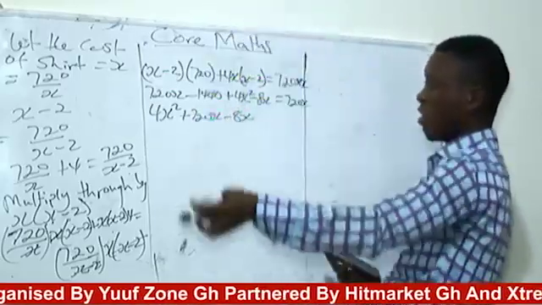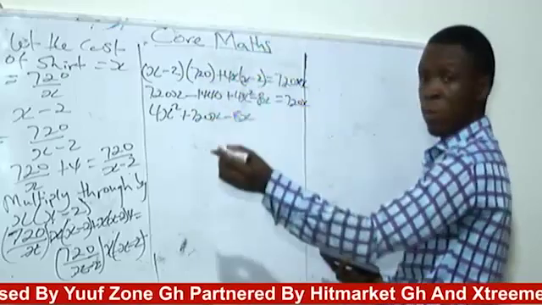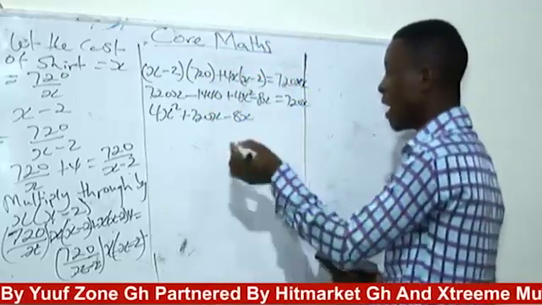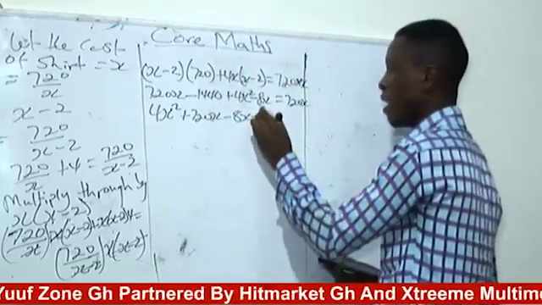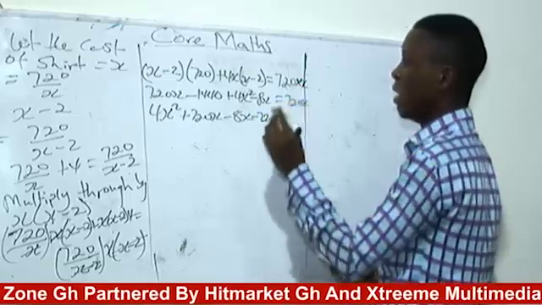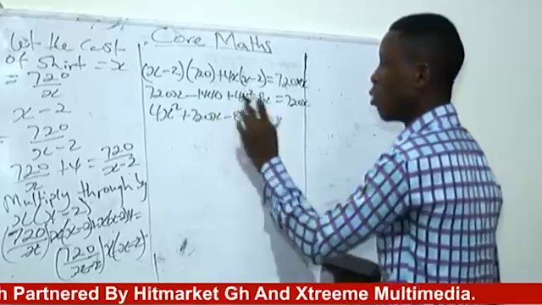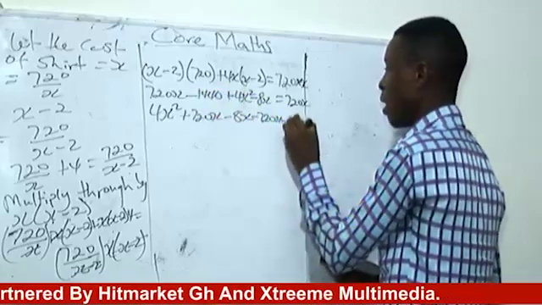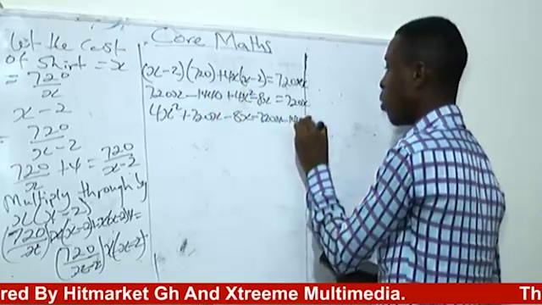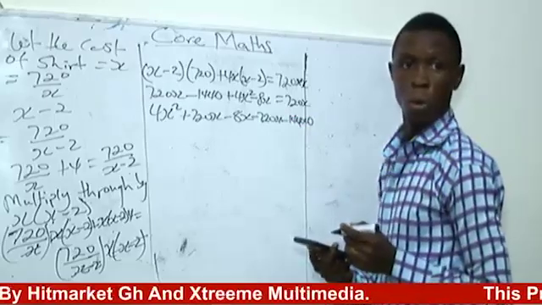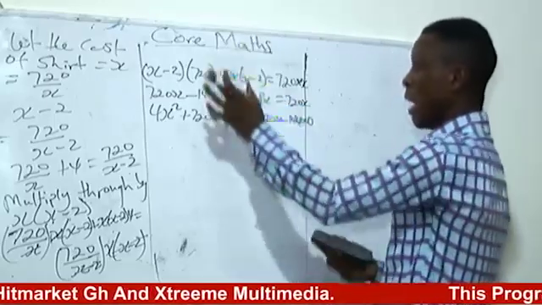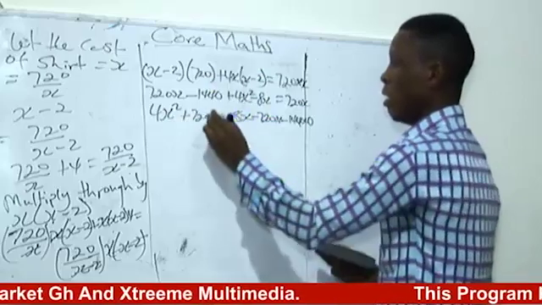Then this one is crossing. It is plus, when it crosses, it becomes negative because it's positive here. So minus 720s. Then what are we left with? This 1, 2, 3, 4, 5. 1, 2, 3, 4. So we are left with this, minus 1440 equal to 0. Then now, what are we going to do now?